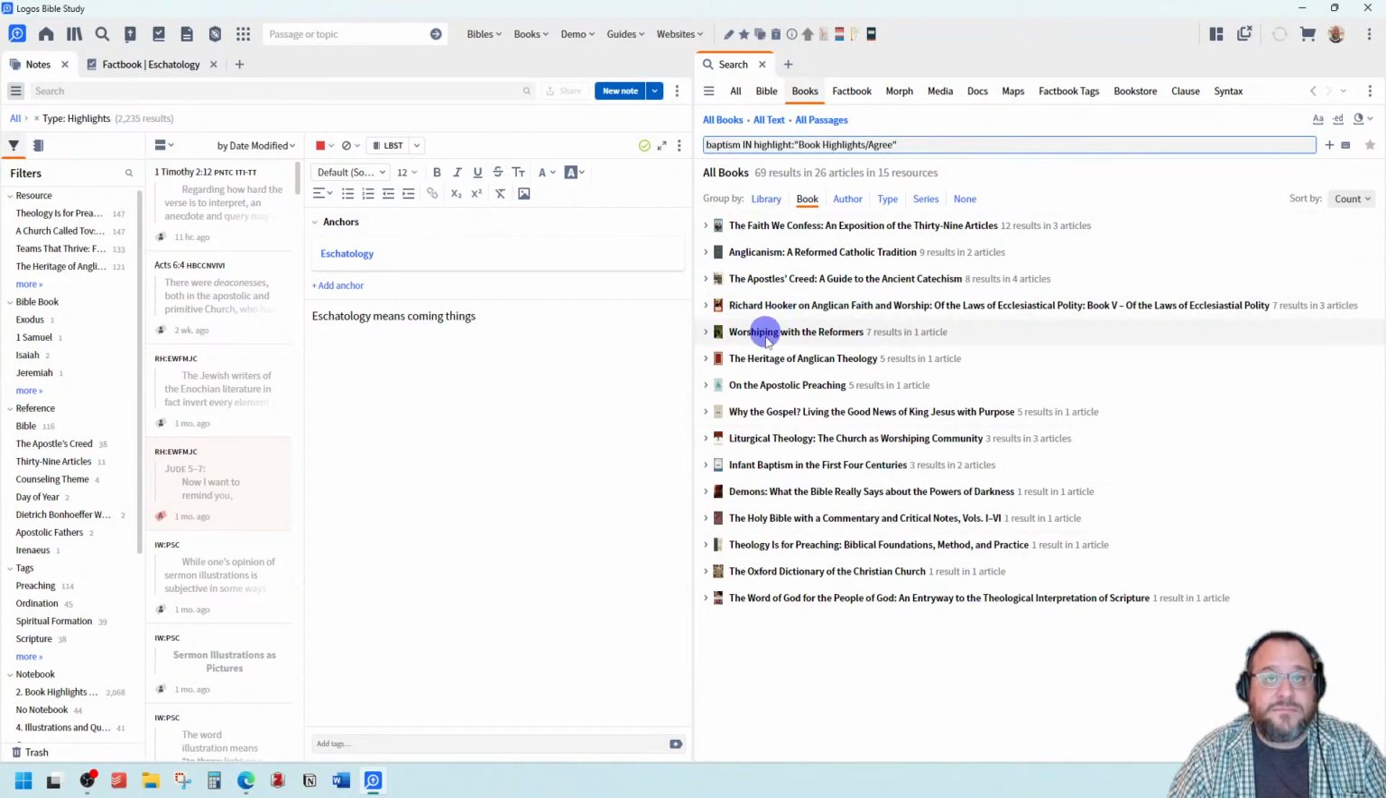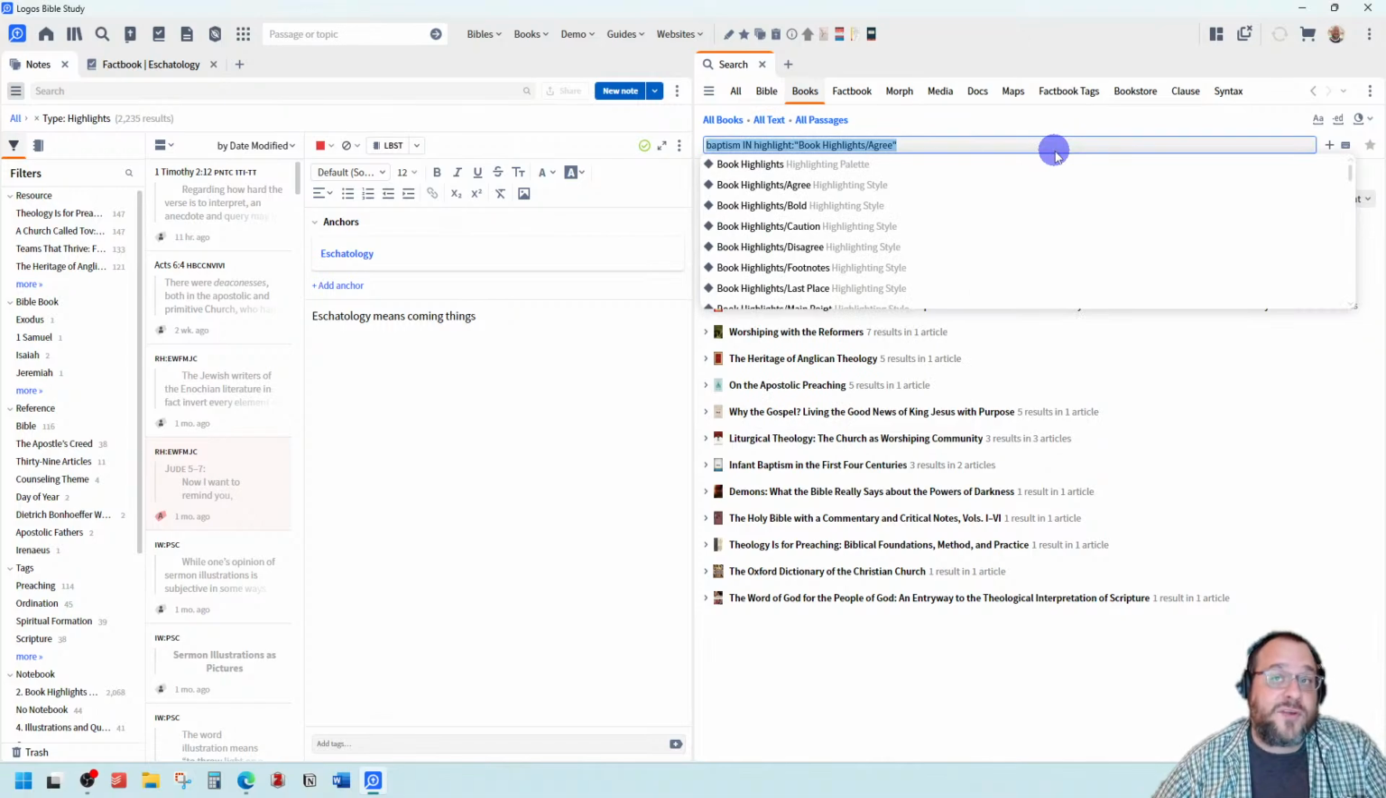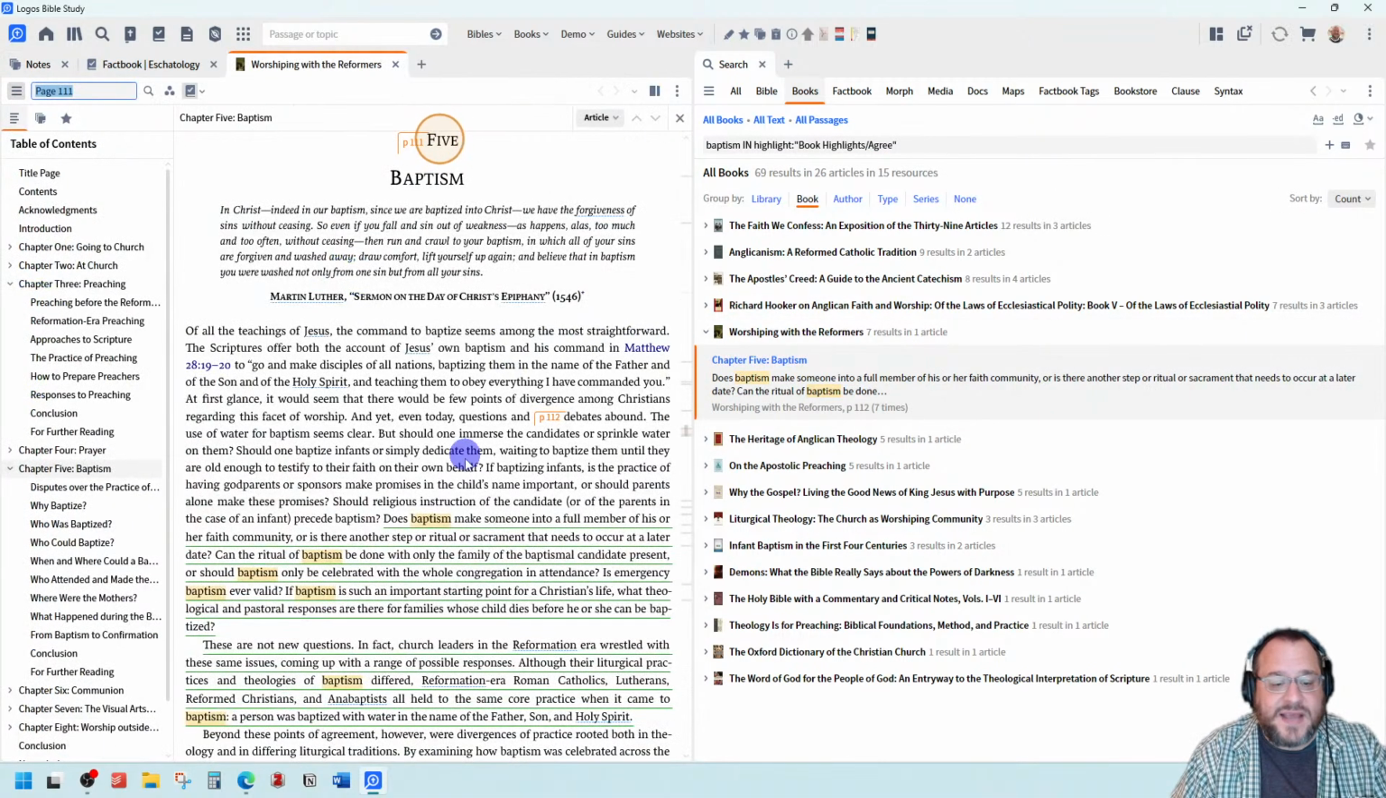Same option as going to this all text and clicking there with the agree. And for those of us who like search panels, this is a great way to search through that information. Baptism in highlight under my agree highlights. And then the other way that you can search highlights is, I'm going to open up this text, and we